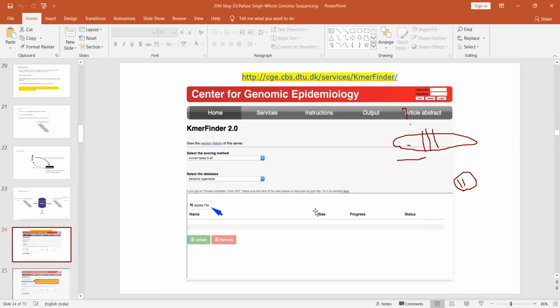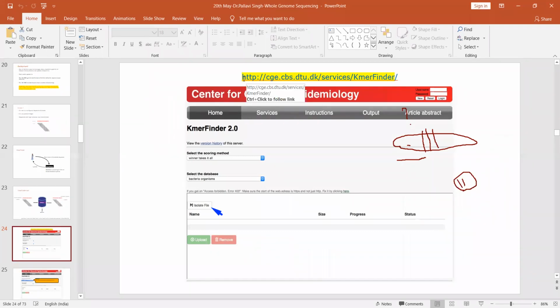And this is the web server that I was telling you about. Whatever tools I'm going to cover today, be it k-mer, be it MLST or resistance gene finder, we will be using this Center for Genomic Epidemiology. It's a web server developed by DTU, the Technical University of Denmark, and it has these tools to find out the species of the unknown sequence, the type of a species, and the resistance profile. We know that nowadays bacteria are very much resistant to antibiotics. So if you want to know which bacteria has antibiotic resistance against which antibiotic, I should